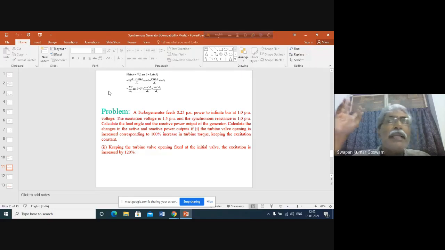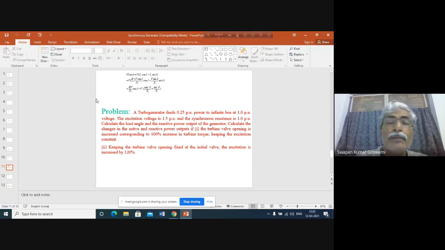That means active power control and reactive power control, the operation of a salient pole machine may be explained in the same way, and a salient pole machine also may be controlled in the same way as we have discussed in the case of the cylindrical rotor machine. There is a little difference in the expression, so there is a little difference in the values. As a result of delta variation, how much will be the control in active power? As a result of field current variation, how much will be the control of voltage? There will be some variation in magnitude because of the presence of this reactance difference or reluctance difference.